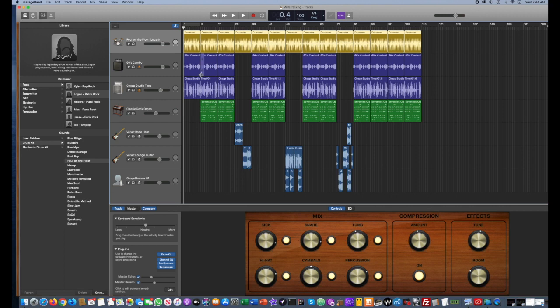But it goes on to Logic and mastering, getting things to sound really crisp and bright and like you would hear on the radio. There's a lot more to that. It gets a lot more technical, and maybe I'll do some of that down the road. But you should be able to now create tracks, multi-track them, guitars, basses, drums, edit your drums,